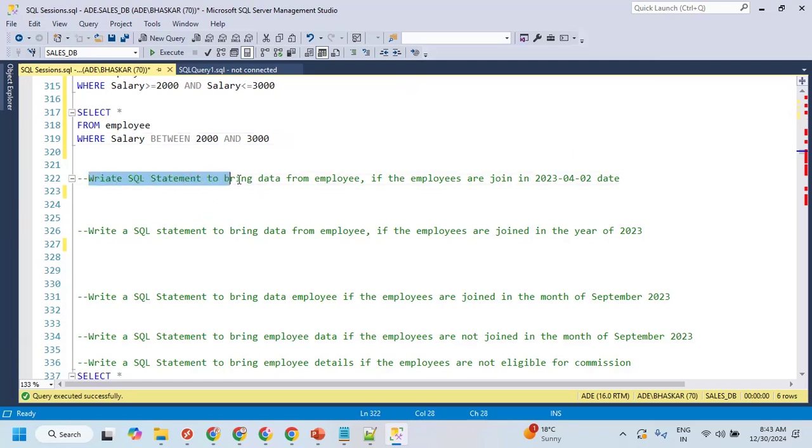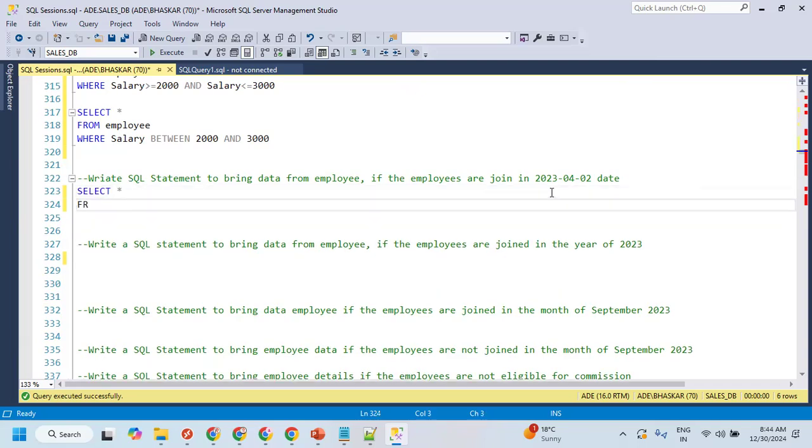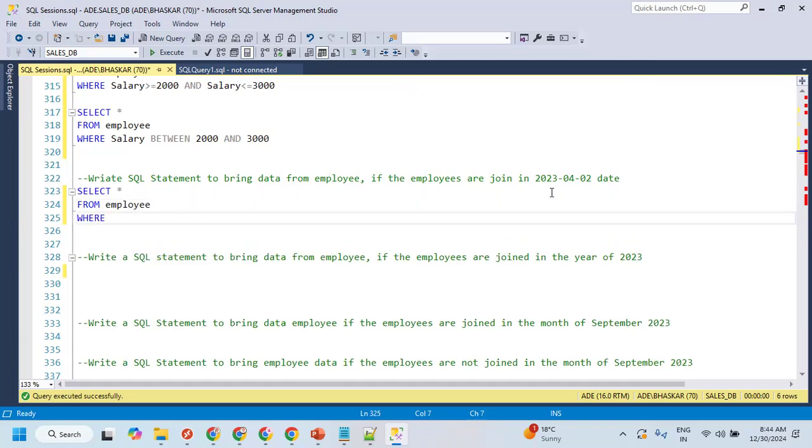And write a SQL statement to bring the data from employee if the employees are joined in this particular date. If the employees are joined on so and so date, I wanted to see the employee details who joined on the specific date. Select star from table name, employee, where